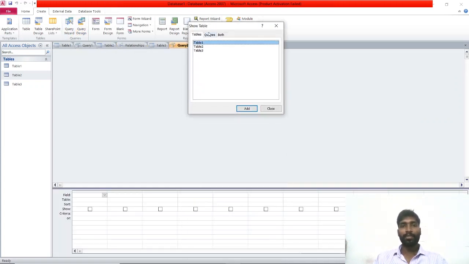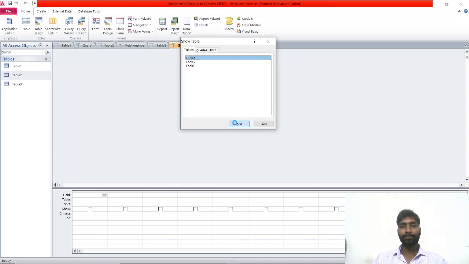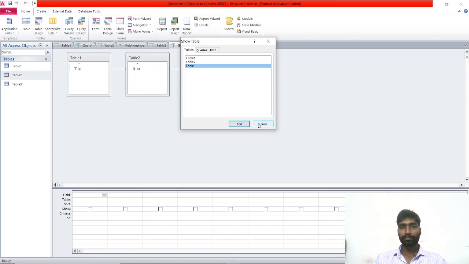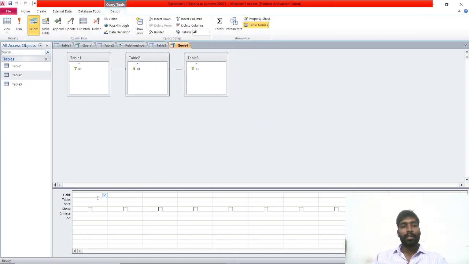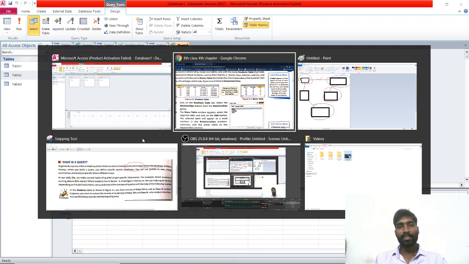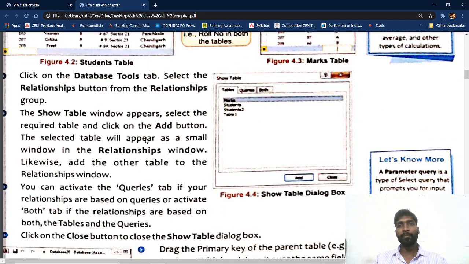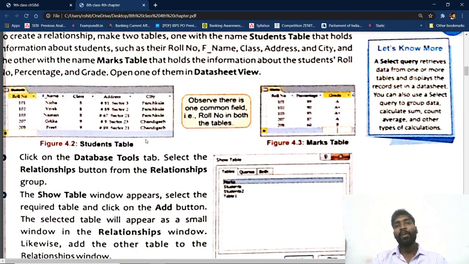Now it is showing again which tables you want to create a query from. First table also add. Now I am selecting table 1. All these things we will see in the next class, students, because if I tell all this now you will get confused. Only this much you have to know: what is a relationship, what is the use of a relationship, what is a query, and what is the use of a query. And please complete all your fair copy and everything.